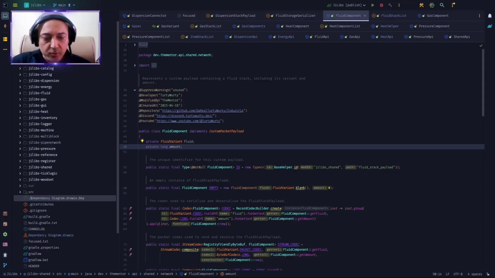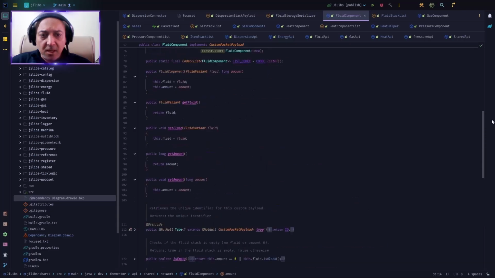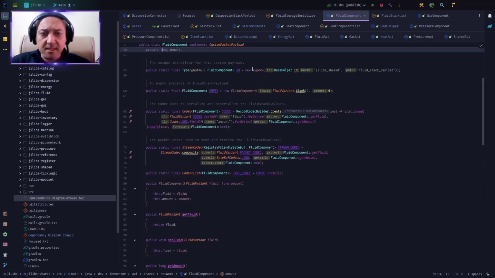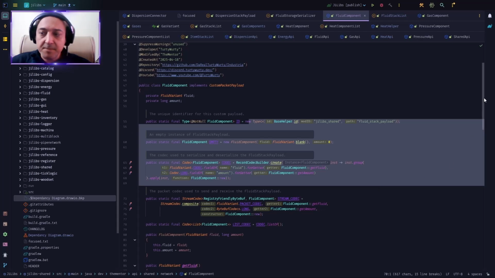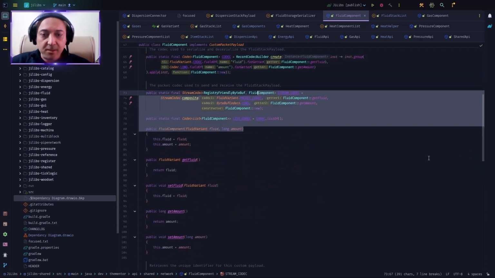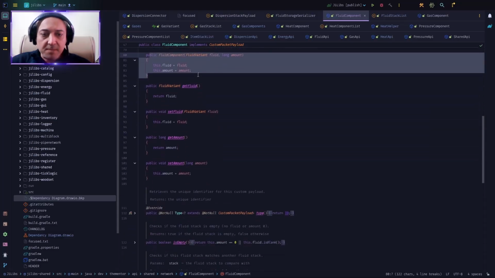Anyway, that's the use case, and you should be careful about what you are doing with that use case. But I gave myself the ability to use the same structure in whatever shape or form I want. Basically, all I did was add the properties here. I had the ID, the codec, the packet codec and the list and everything. I gave myself a constructor, some setters and